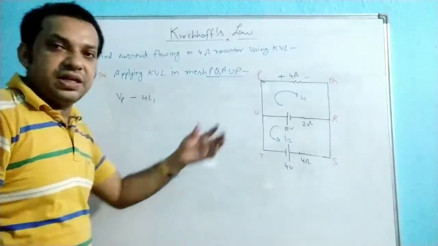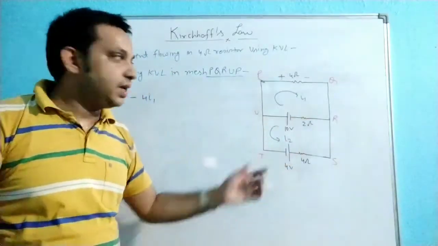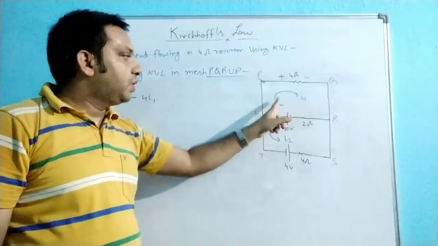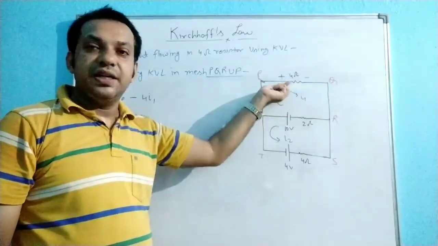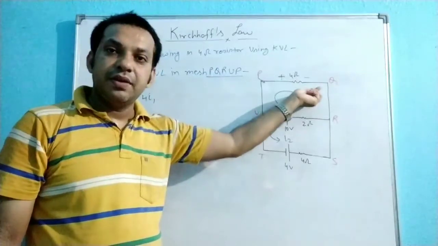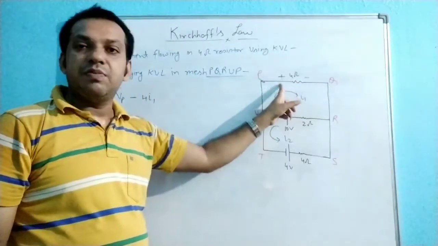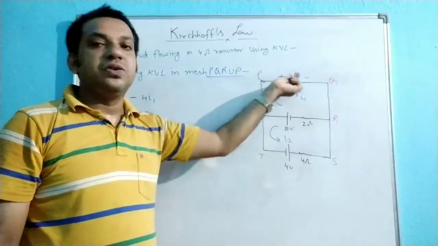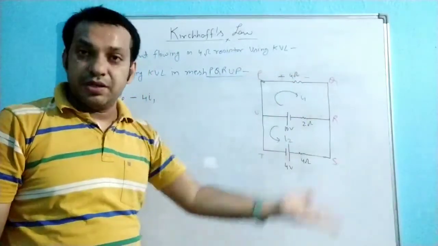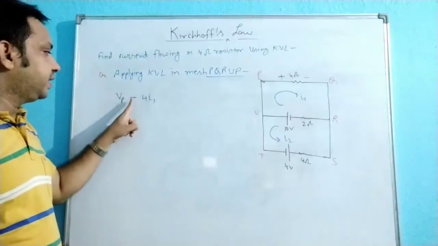See here, the potential difference is how much? I into R, Ohm's law, I into R. And because the current direction is higher potential to lower potential, that means this end is positive and this end is negative. Current always flows from positive to negative, and here we are moving from higher potential to lower potential. That means there is a loss of potential. That is why we are taking the minus sign.